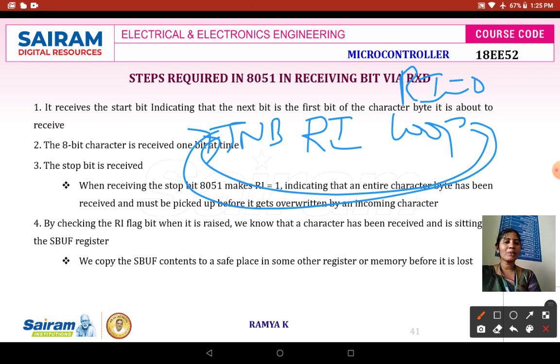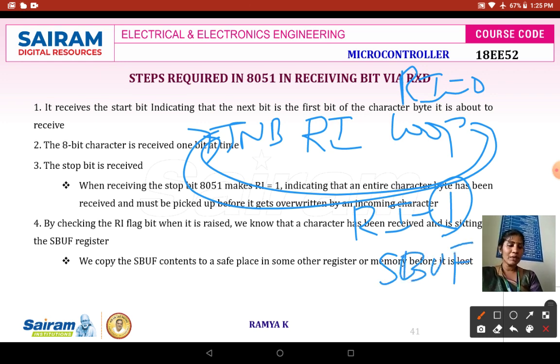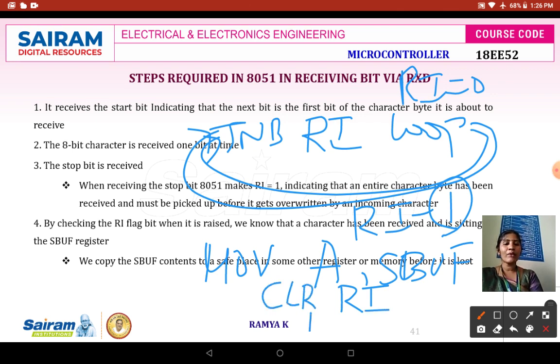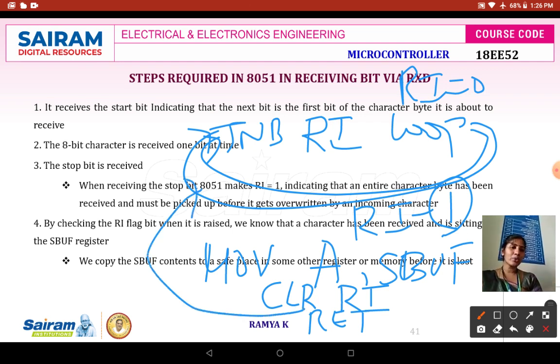Once the data has been received, RI will become 1, and whatever data is received will be available in your SBUF register. That you need to move onto some register or port 1, so you write the instruction MOV A, SBUF. Once the data is moved from the SBUF register, you need to clear your receive interrupt flag, and again return your program to continue for the next data to be received.